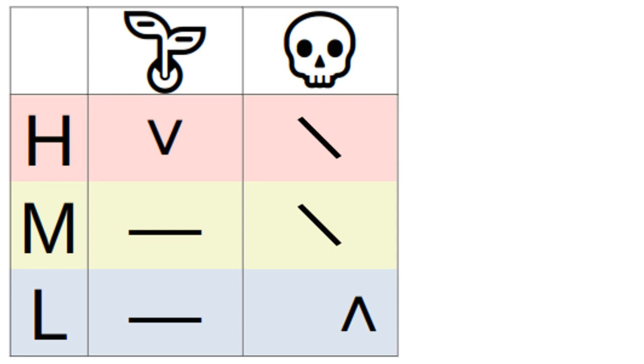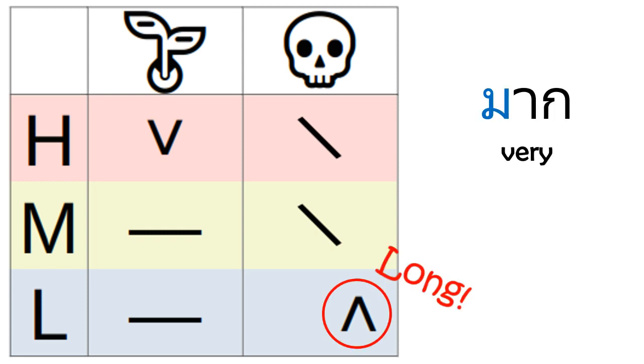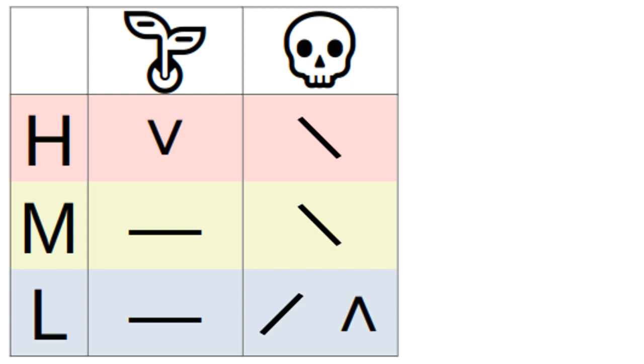And by the way, the falling tone on a dead syllable only occurs when the low-class consonant has a long vowel, as in ma. If the vowel is short, however, the tone will be high instead for some reason, like a word I'm sure we're all familiar with. Krap. Now we've covered almost all the aspects of determining the tone of a Thai syllable. Unless